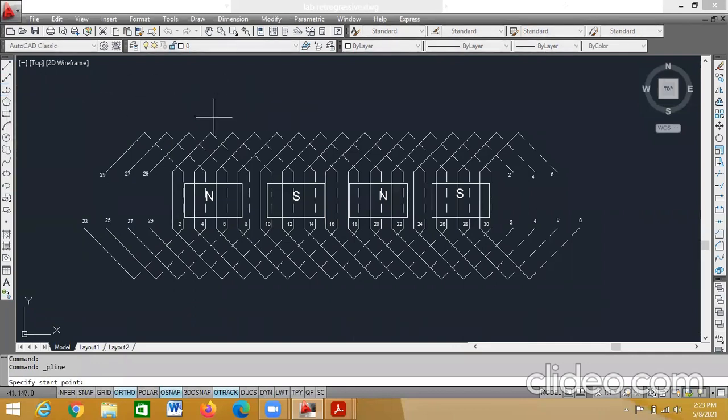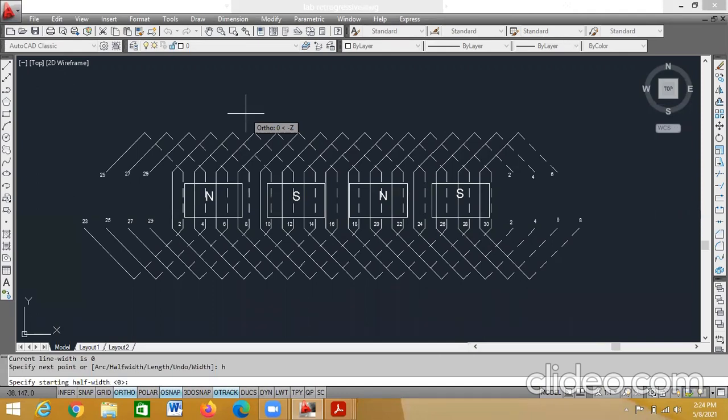Click here above the YB connections. Then it is asking specify the next point or arc, half width, length, undo, and width. You have to select half width, that is H. Be very careful, half width means H. H, enter.